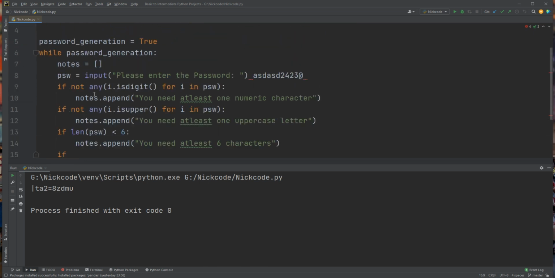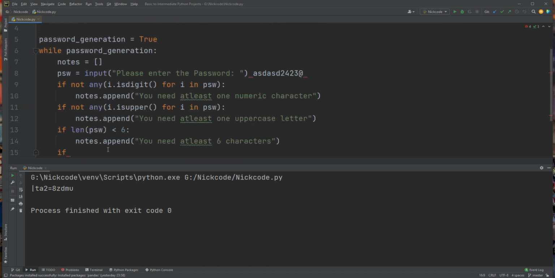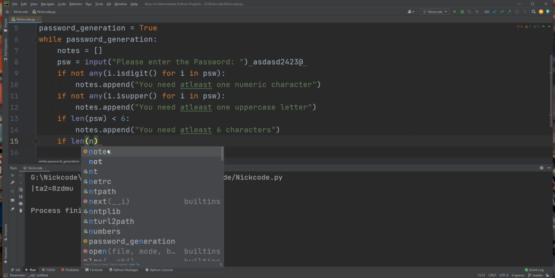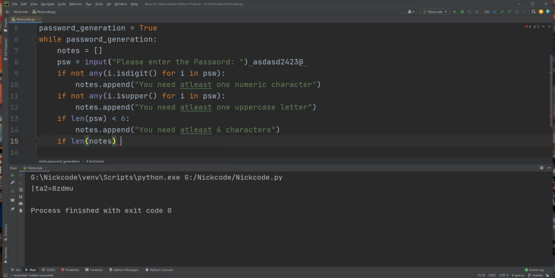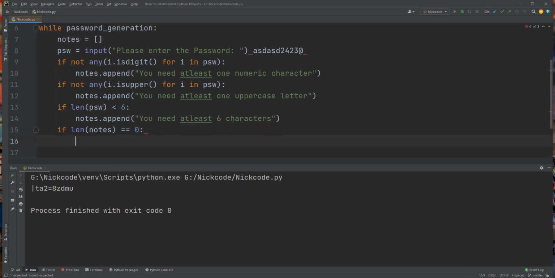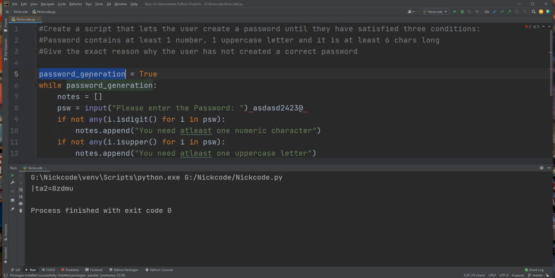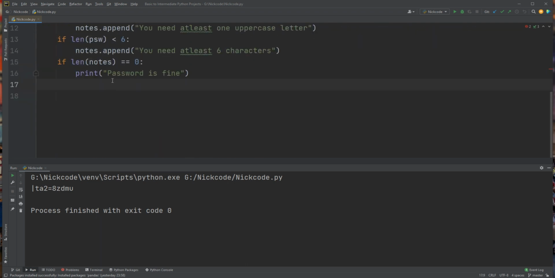So I will check that if the length of the notes variable, which is the list, is equal to 0, which means our password is good, then I will print password is fine, and then I will set password generation to false. Okay, which means we will break it.